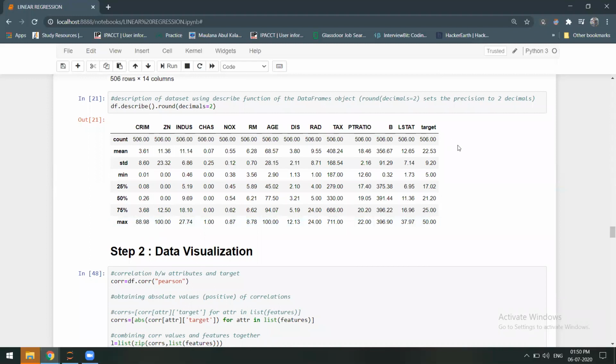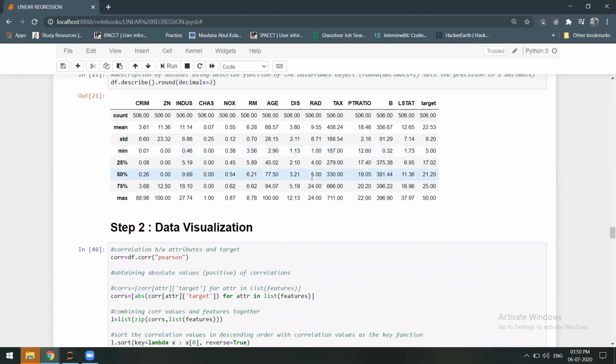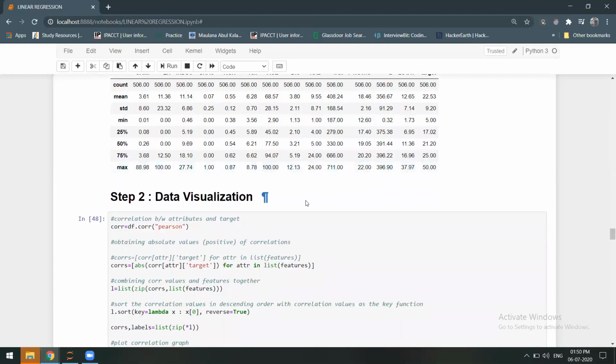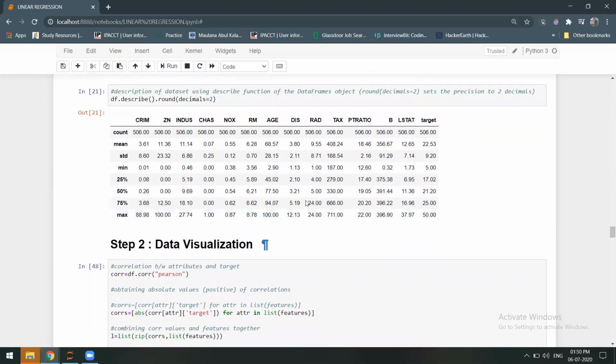This is generally required to see whether any outlier is there or not, and whether there is any uniformity in the data frame we are working on. As I can see, all the data descriptions are in a range, so nothing to worry about.